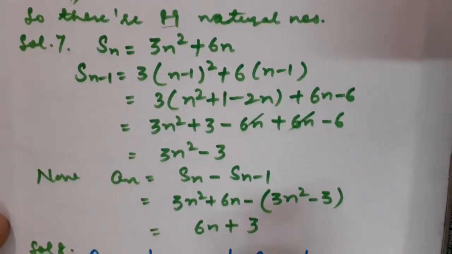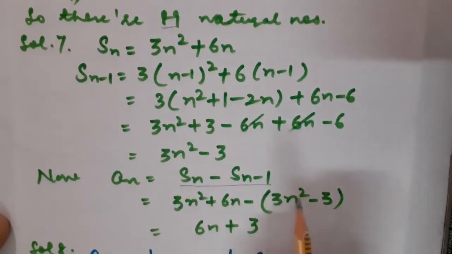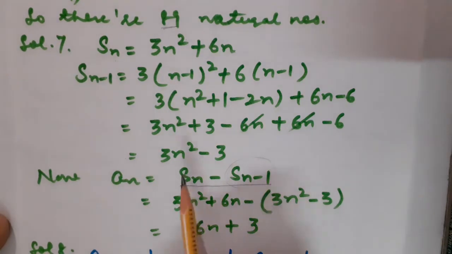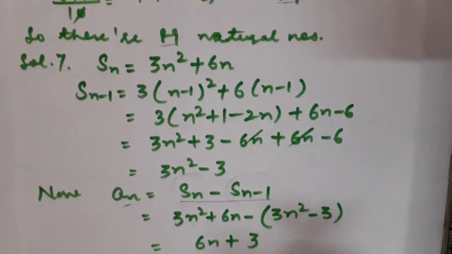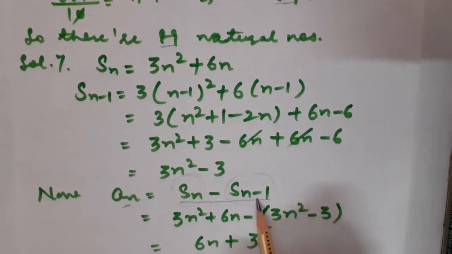As I have to calculate the nth term, what I told you is that I have to subtract the sum of the first n minus 1 terms of the AP from the sum of n terms of the AP. Because if I take 1 to n terms and remove the sum of 1 to n minus 1 terms, definitely the last term will be left. That will be the nth term of the AP, that is an. So I have to calculate Sn minus 1 for that.